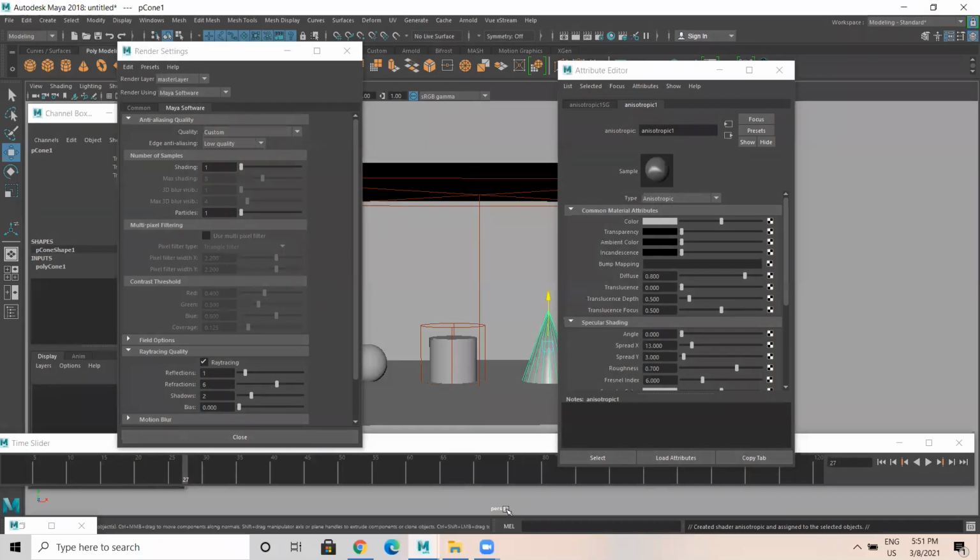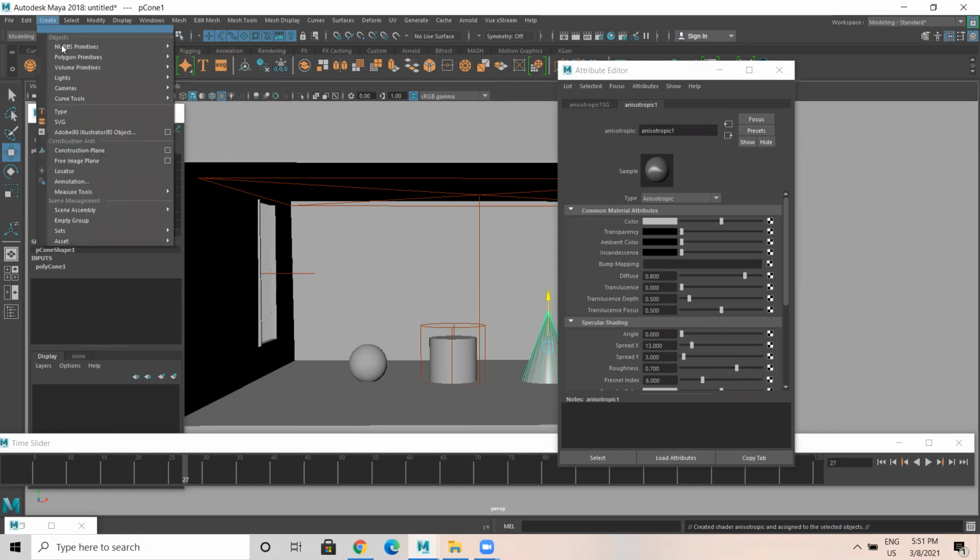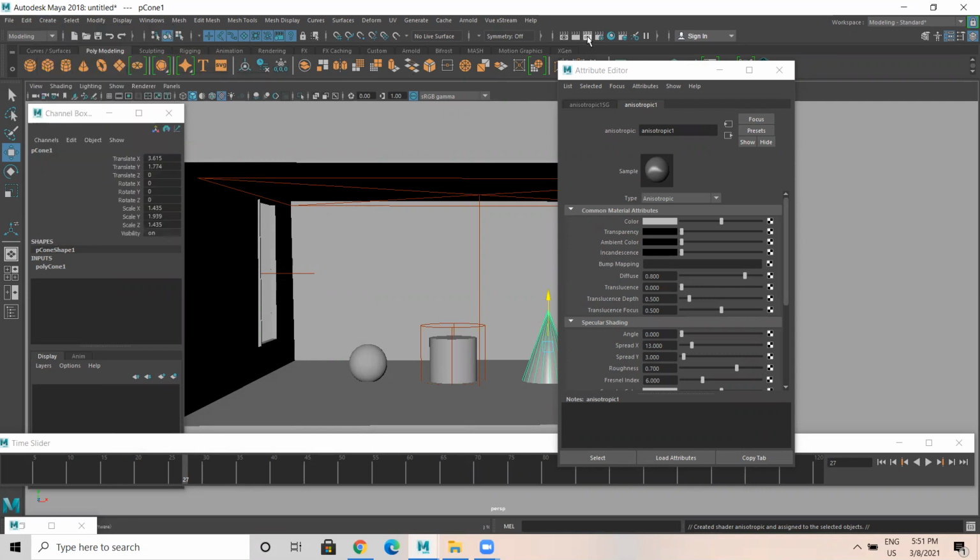Any doubts again? No, sir. So go through the PDF, session 8 PDF, and practice using Maya software render engine. Create some scene. Take the interior scene which you have developed earlier. So go through this, explore this. Using these lights, you do the interior lighting, and the rendering you have to do using Maya software, not Arnold.